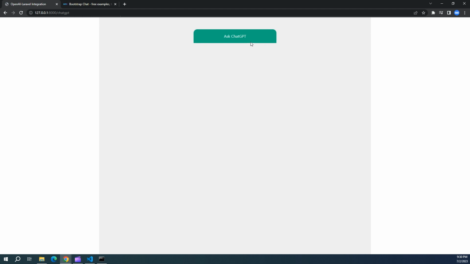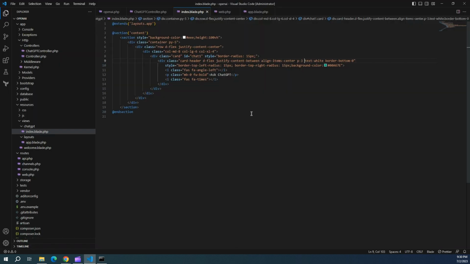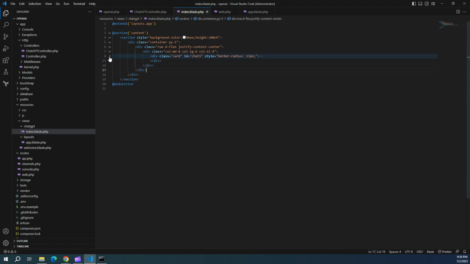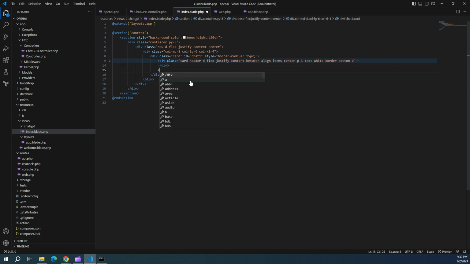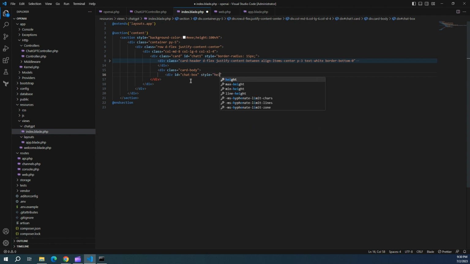Now let's actually build the lower half of the chat box. So again, let's close this card piece up, which is the top piece of the card. So we have the header here of the card. Now let's actually create the card body. Okay, so we'll give this the card body class, and we'll give this an ID of chat box. The style, height,